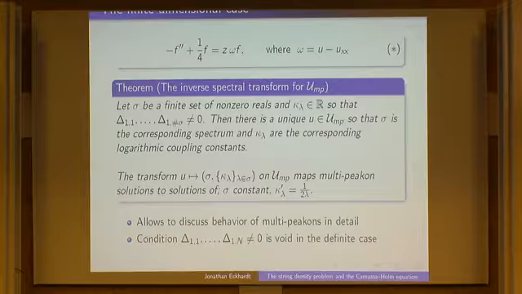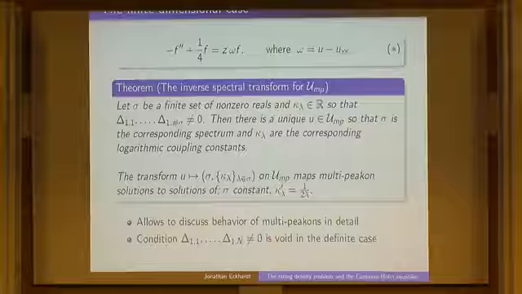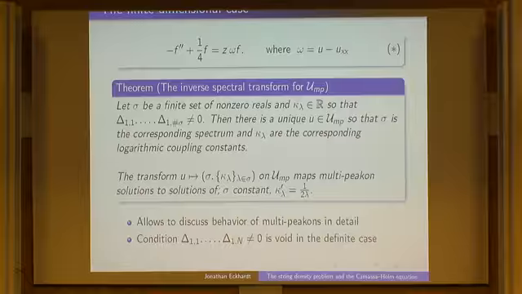And another remark is that these conditions on the determinants are actually void in the case when you have only positive or only negative spectrum. So this corresponds to the fact that I told you that you will have no wave breaking in the definite case. So when you say void, you mean it's always satisfied? If you have the spectrum here, if it's either non-negative or non-positive, then it will always be satisfied. And this corresponds to the fact that if your omega function is non-negative or non-positive in the Camassa-Holm equation, then you don't have wave breaking. This corresponds exactly to points where the wave will break.